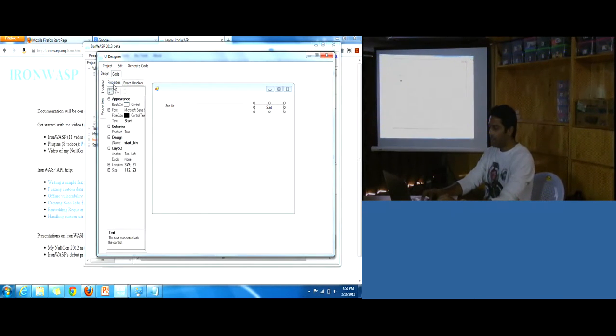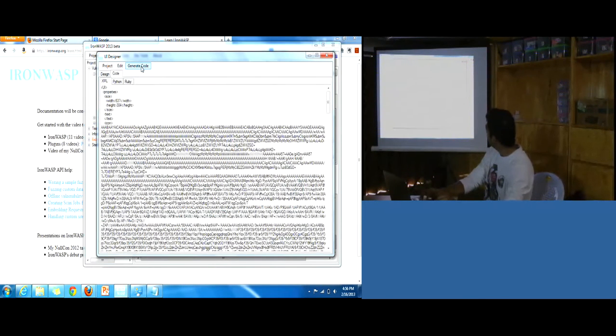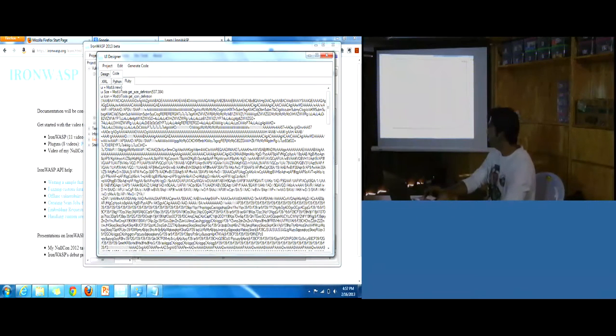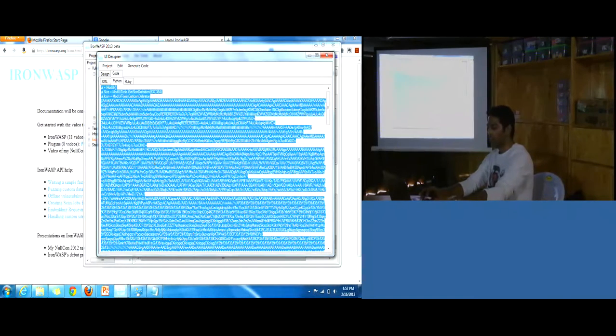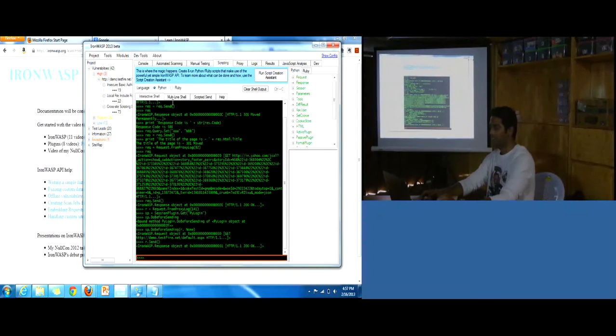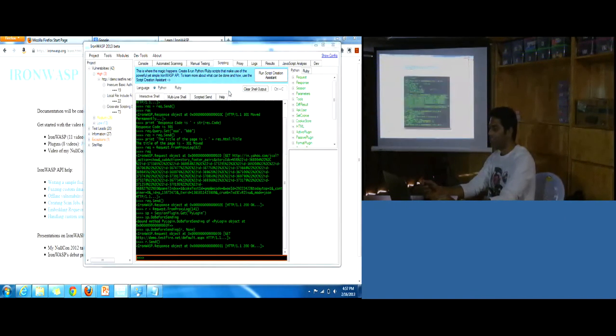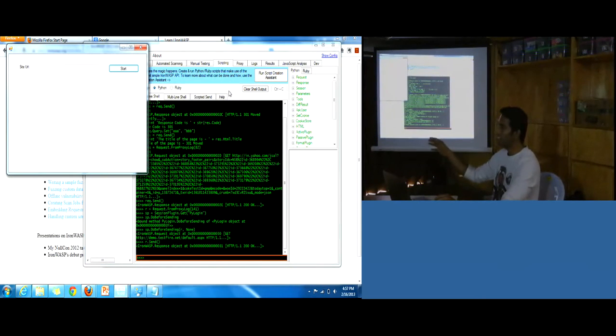Yeah. So I have designed a simple UI, and then I say generate code. What it does is it converts the entire design into XML, and it also creates Python and Ruby equivalents for the UI. So if I copy this Python code and go to my scripting shell, paste it here, and then execute, this actually runs it, and when it runs, the UI opens up, right?